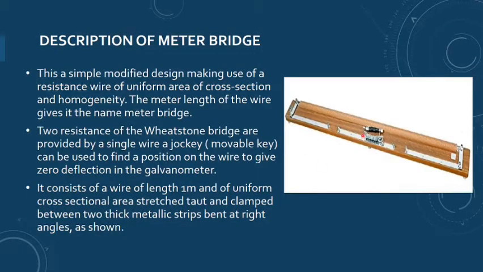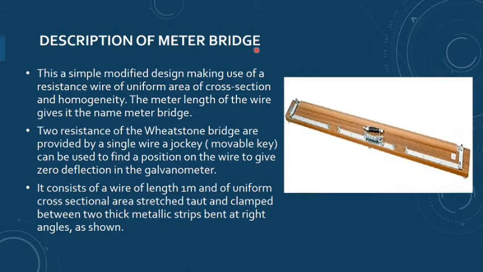This is what you see in the lab, the experimental form of the Wheatstone bridge. Now you have to understand, here I am moving the pointer along the scale, where a 1 meter long resistance wire is attached. That means constantan or manganese wire, 1 meter long, is attached here, and the 4 resistances we will be connecting in the form of a bridge. So that is why we call it the meter bridge.